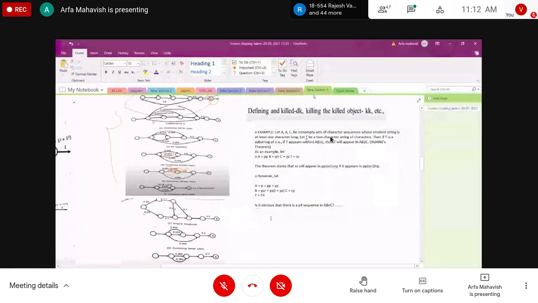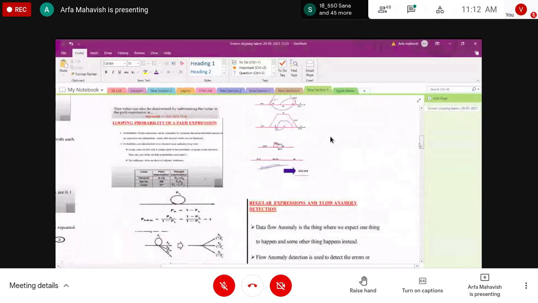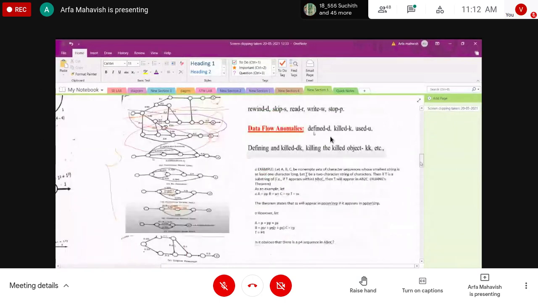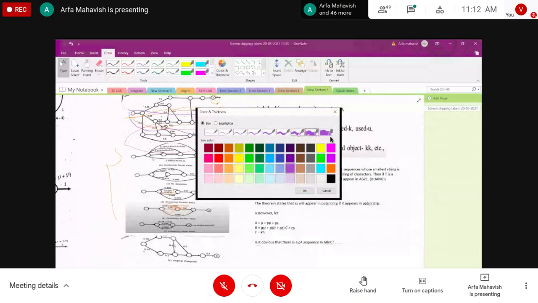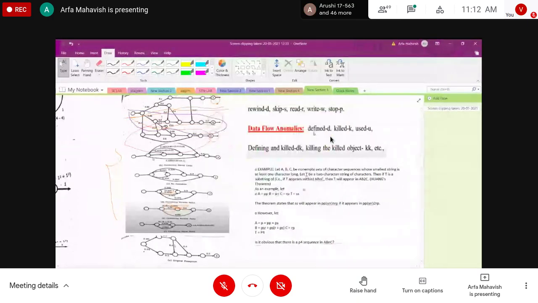So look at this, guys. This is an example of the regular expressions of a row anomaly. Look at this, guys.